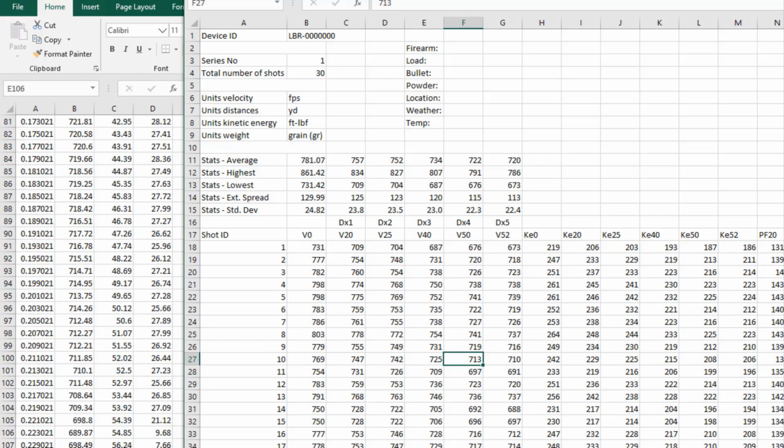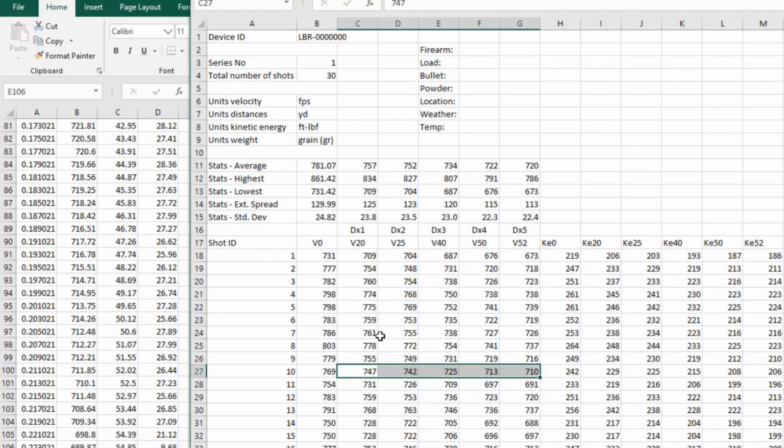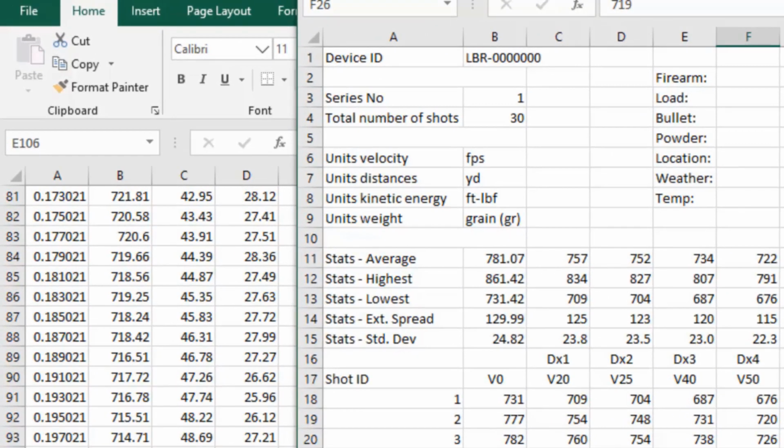Does this mean that this data cannot be trusted? The LabRadar unit collects a vast amount of data and uses that to tell us what our velocities would be at the distances that we ask for. What I want to show you next is how a very simple predictive model that I came up with, and again, I am not a statistician, can use this data to give us these types of numbers. And as a side note, this also explains why these stats that are in the CSV workbook are to decimal places.